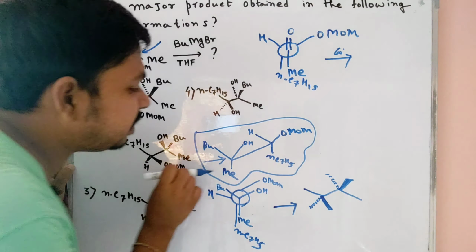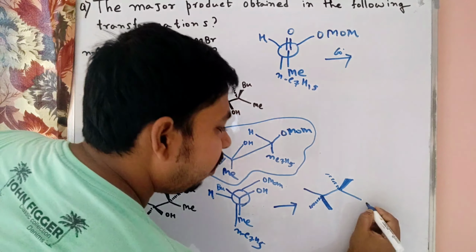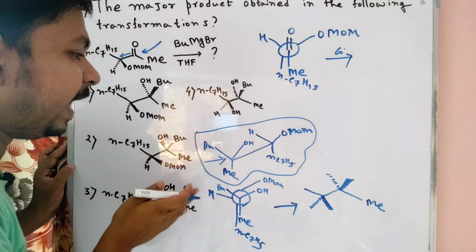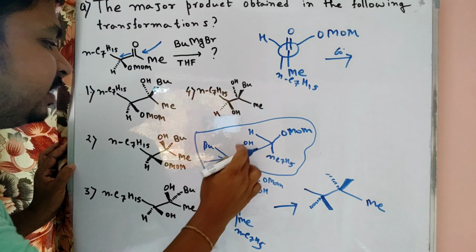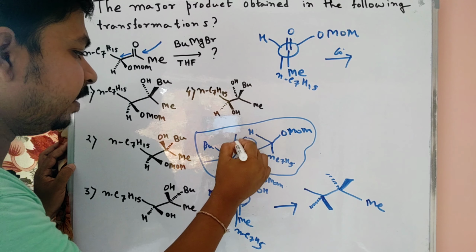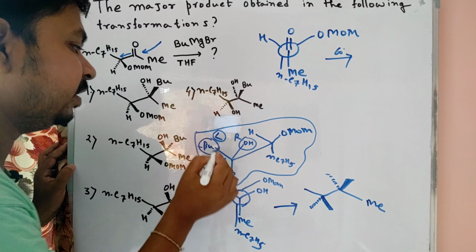Now when you see that form, we can easily place it here. Our journey starts here on that side. Our methyl group is on the plane. On our right side the OH group is present, and we know that this one is our right, and on our left side the O butyl group is present.